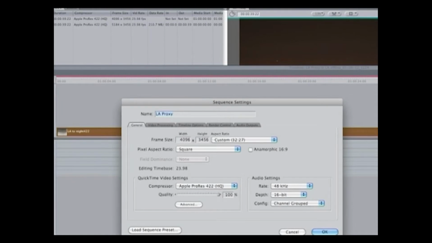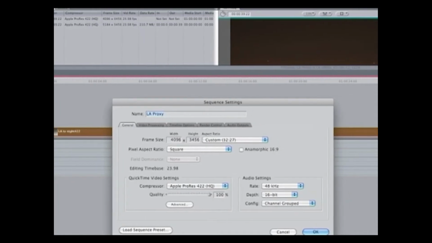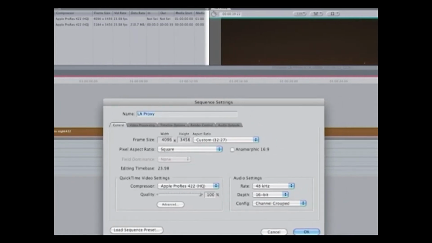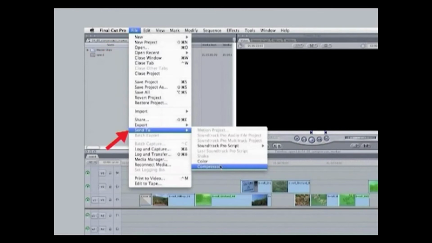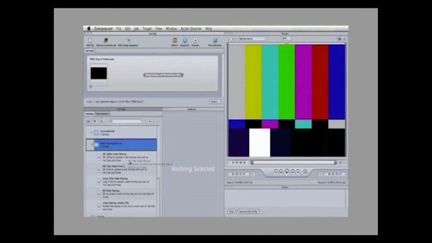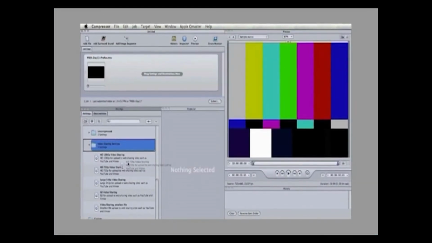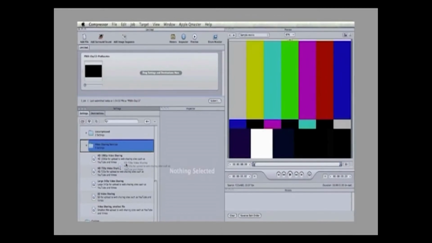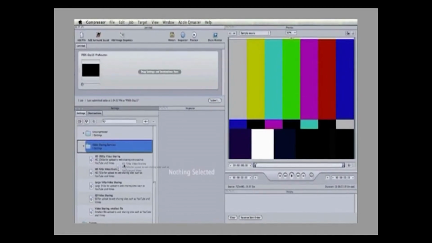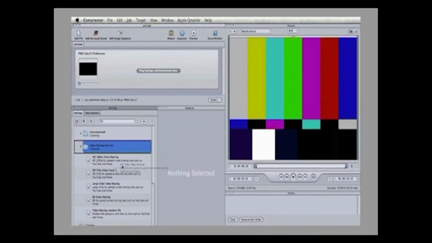You can do this by opening the sequence you want to send so it's visible on your timeline, going to the File menu, then Send to, then choosing Compressor. The Compressor application will launch and you will see an entry with your sequence in it. You will find a list of presets you can drag onto your sequence's entry. That same panel will have a tab with preset destinations for the encoded video as well, and you can also drag those onto your sequence's entry.